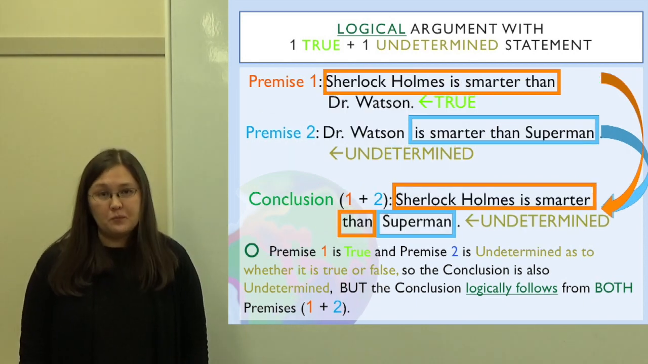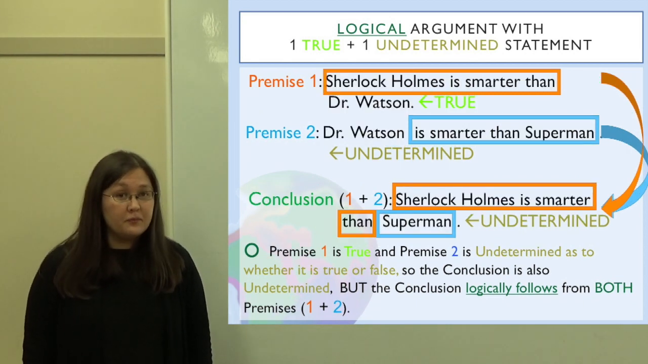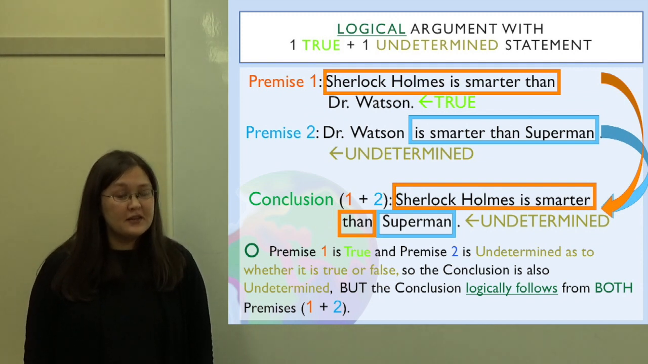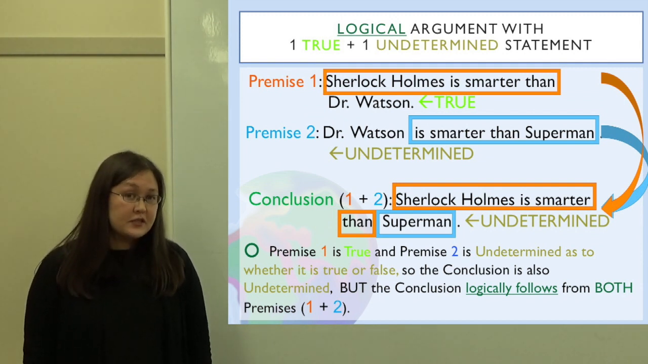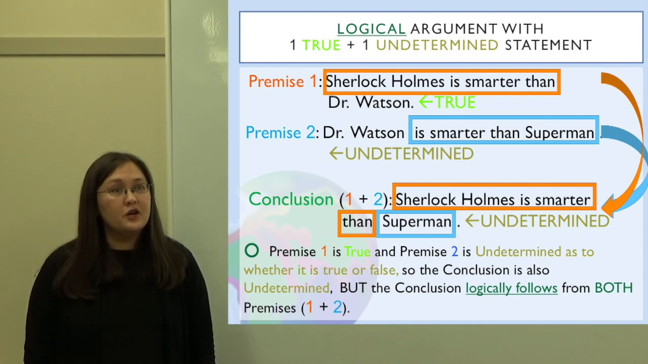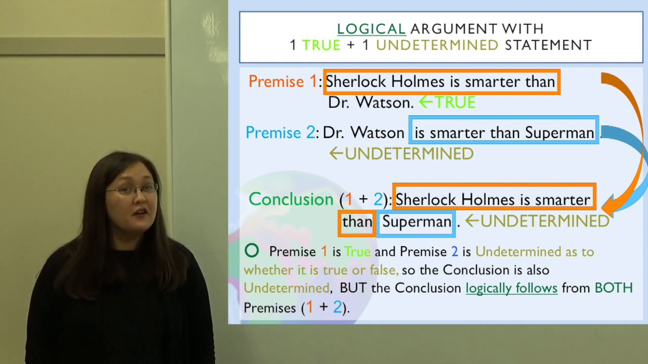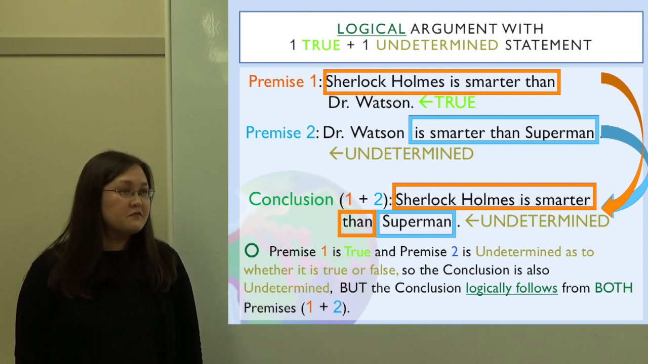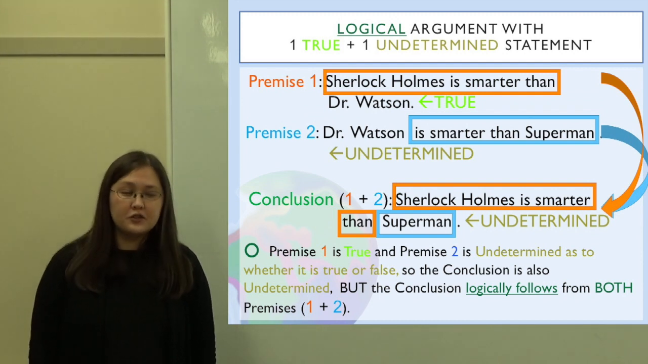Let's look at another example of a logical argument that has 1 true statement, basically everyone agrees. And 1 statement, it's undetermined, not everyone agrees. So number 1, Sherlock Holmes is smarter than Dr. Watson. If you have read Sherlock Holmes or watched the movies or TV series, you would know that Sherlock Holmes is very intelligent. And he has a friend, Dr. Watson, who is a great character, but